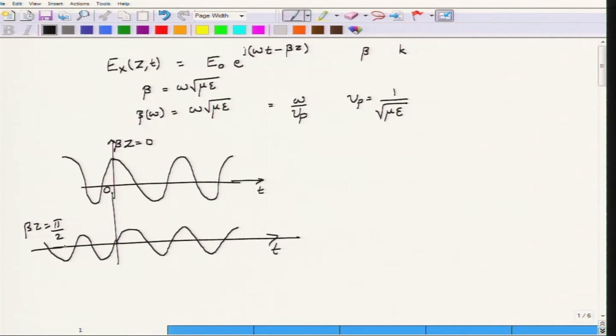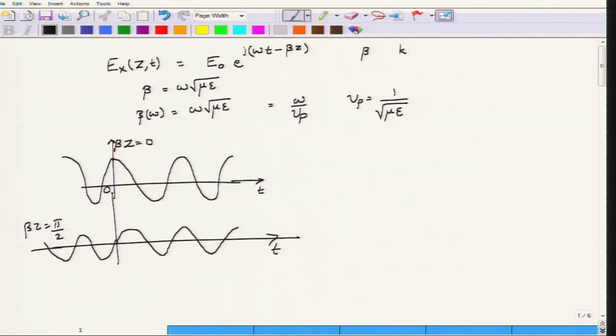So, if I were to hook up two oscilloscopes, one oscilloscope at z equal to 0 and the other oscilloscope at beta z equal to pi by 2, or z equal to pi by 2 beta, then I will see that the wave at z equal to 0 is slightly different from the wave at the other point. The properties remain the same. The wave at z equal to pi by 2 beta, or beta z equal to pi by 2, will have